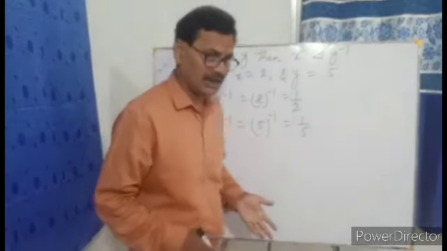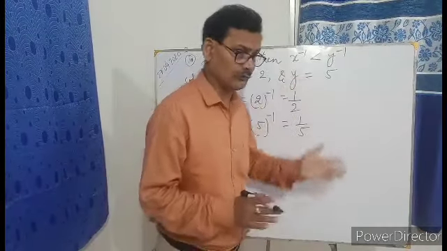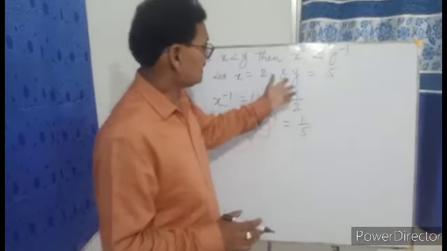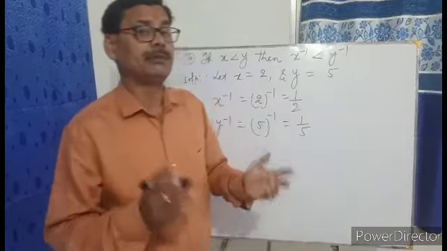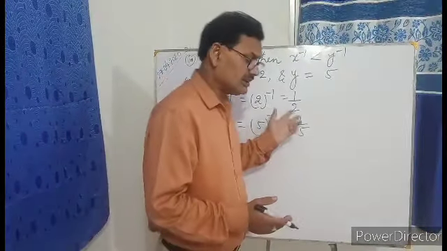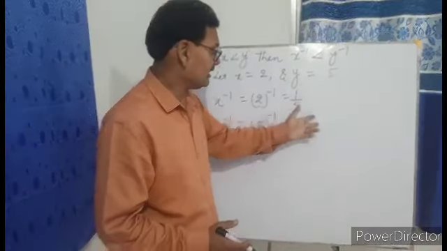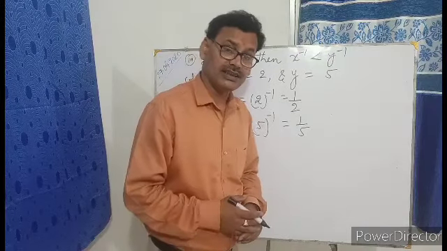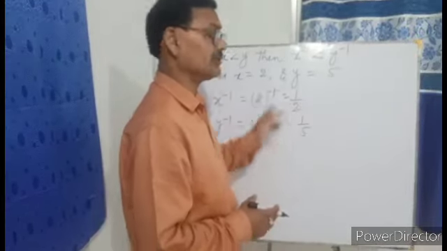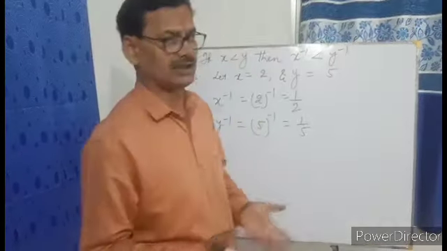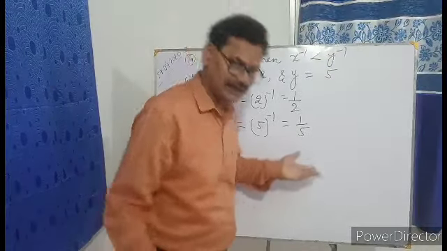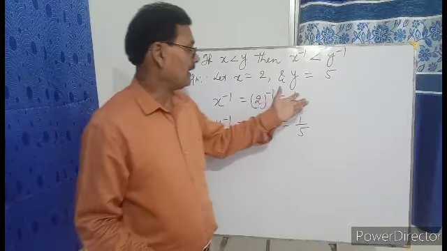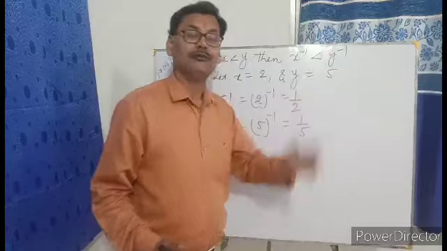Or 100 rupees is 1 whole. It is divided into two equal parts. You are having 50 rupees each. Now the same rupees 100 is divided into 5 equal parts. How much you are going to get? You are going to get each equal part equal to rupees 20. So which of two is greater? You can understand. It is very clear that 1 by 2 is greater than 1 by 5.